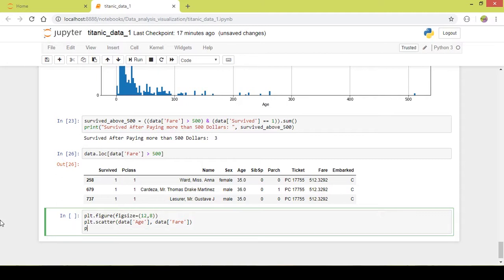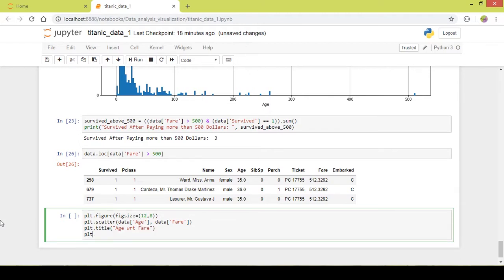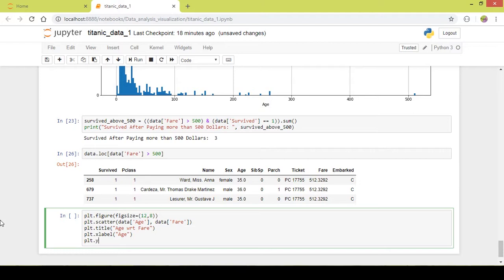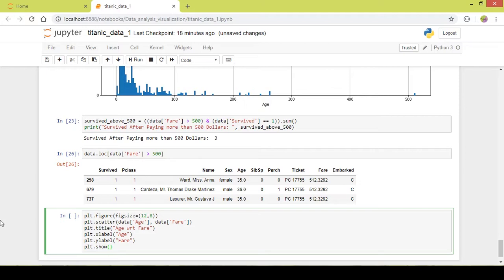Now plot dot title, the title will be age with respect to fare, and plot dot xlabel will be age, and plot dot ylabel will be fare, and finally plot dot show, and I'll run this part and I'll see a